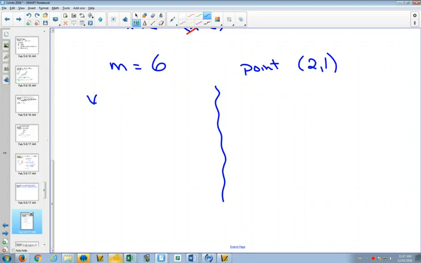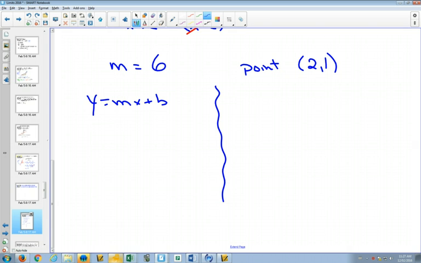How many people are familiar with y equals mx plus b? Okay. You almost think it's common sense now, but way back in grade 10 you'd never heard of it before in your life. Okay, y equals mx plus b, if you want to use this as a way to solve it, because you know a slope and a point, that's all you need to find an equation of a line,